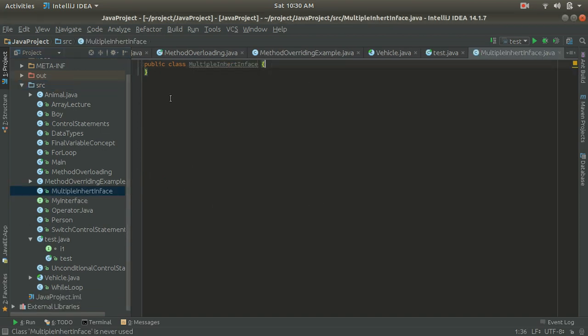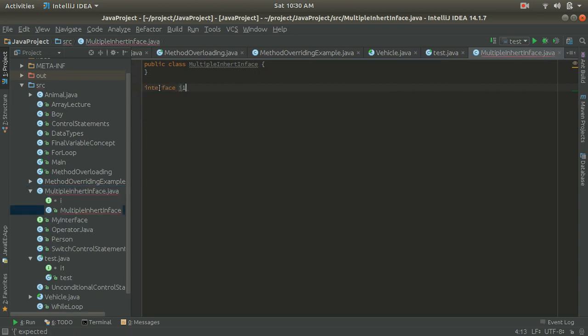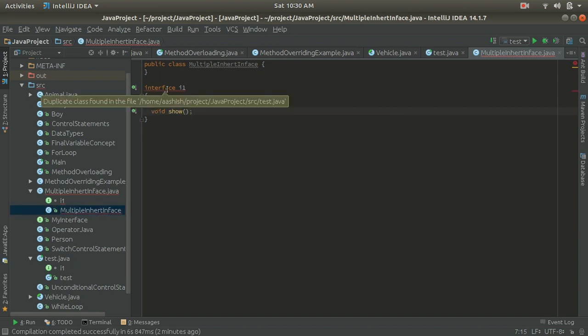Now I am going to create an interface inside this class. Let's say I have created an interface with the name i1. Inside this interface I have to define an abstract method also. So I have defined a void show method as an abstract.